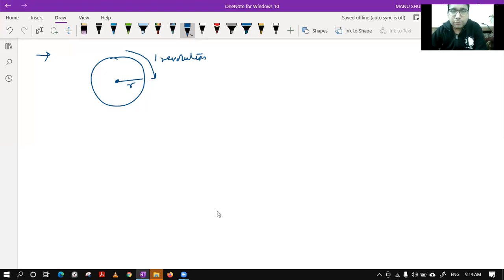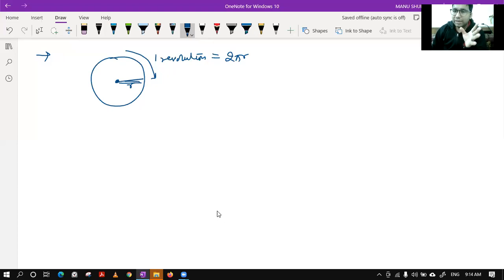Now, class, please tell. We have done this concept. If you have a cycle, the tire is of radius r. What is the length covered by the cycle in one revolution? You get that by simply the circumference of the wheel. Yes, this was the wheel. If you cut it open, this length is the distance covered by it in one revolution, equal to 2 pi r.